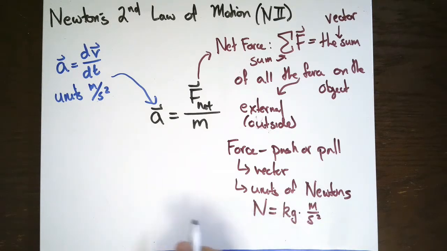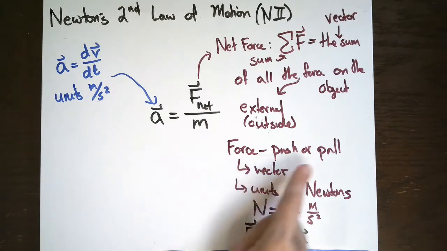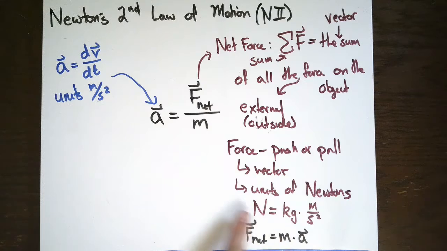We rewrite the equation up here as net force equals, just move the mass over to the other side, mass times acceleration. You can see the units work out. Kilograms are the units of mass, meters per second squared are the units of acceleration, and newtons are the units of force. So force, it's a vector, it's a push or pull, it has these units. And then finally,